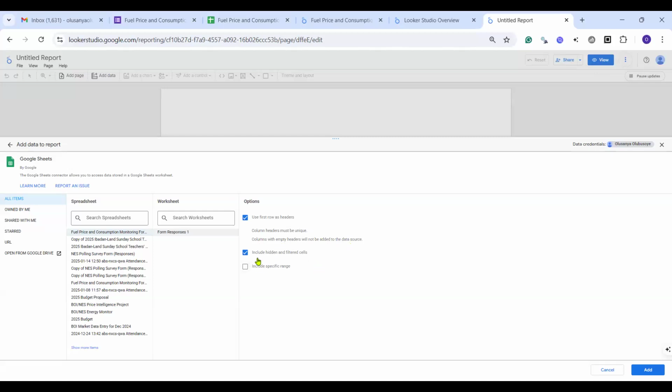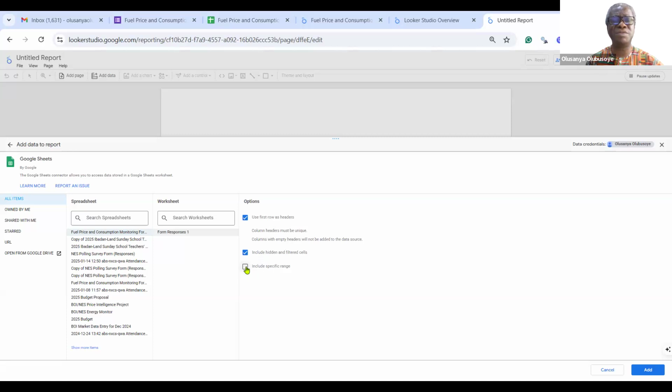Then if there are hidden cells or columns, you can choose to keep them hidden, in other words, you don't want to use that data in the local studio. You can also choose, whether hidden or not, that you want all the data. Sometimes you hide some data for whatever reasons.